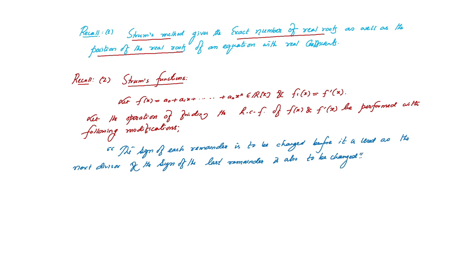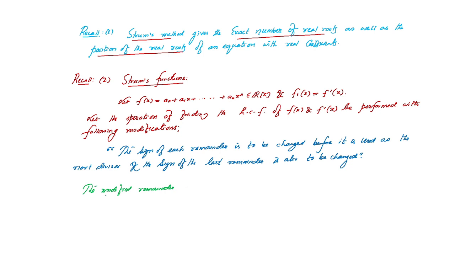So that modified remainders we call as f1(x), f2(x), f3(x), and so on. So the modified remainder, obviously with their sign changed,